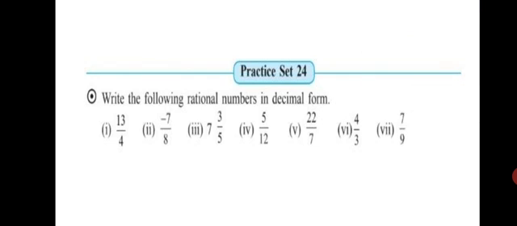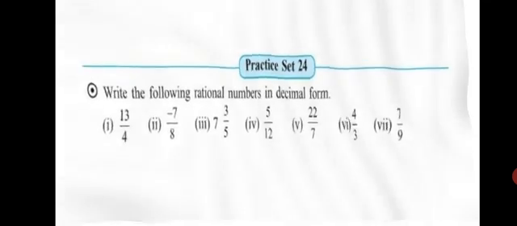So now we begin our practice set 24. Write the following rational numbers in decimal form. You are given 7 questions which you have to write in decimal form. So let's see how we can divide and do this. Okay. So the first sum,